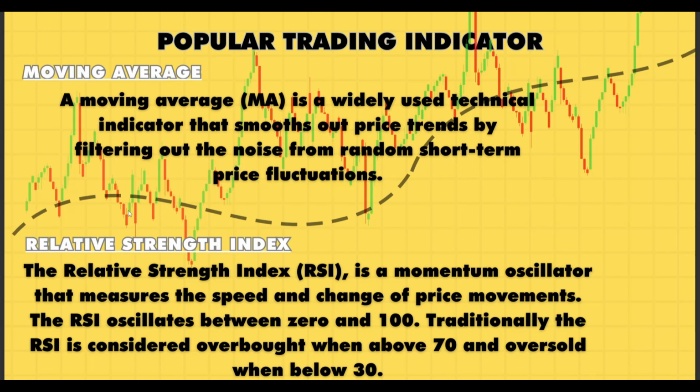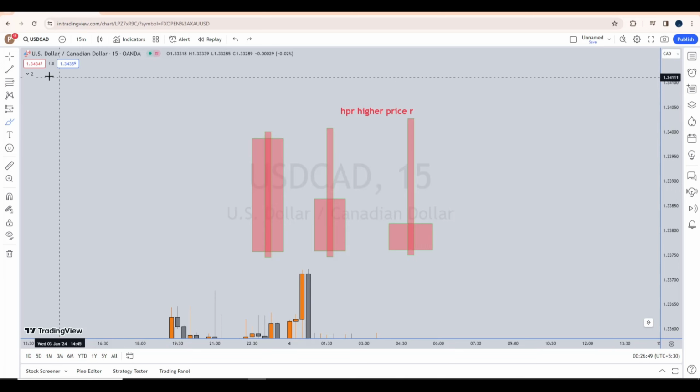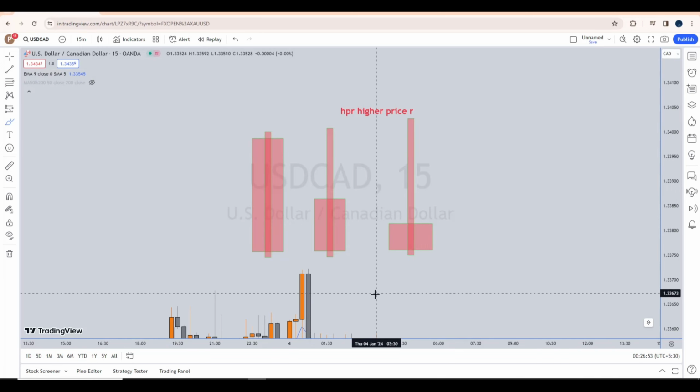A moving average is an indicator which shows what the average price of previous candlesticks was at that particular time. For example, moving averages are of different lengths. Okay, so if you go to the charts, let me show you the charts. So if you go to the charts and plot a 9 EMA,